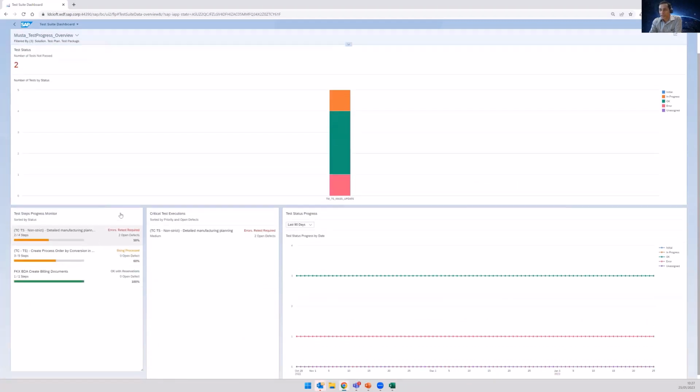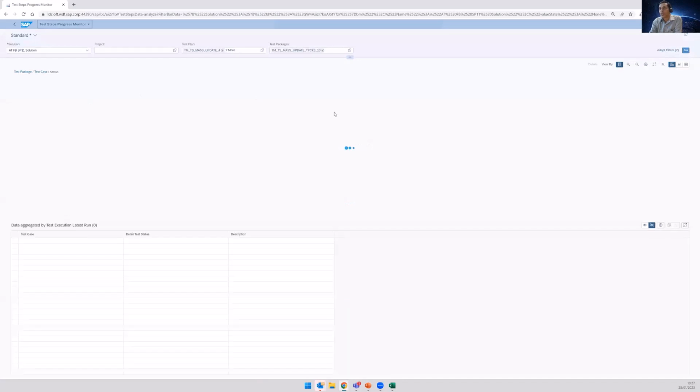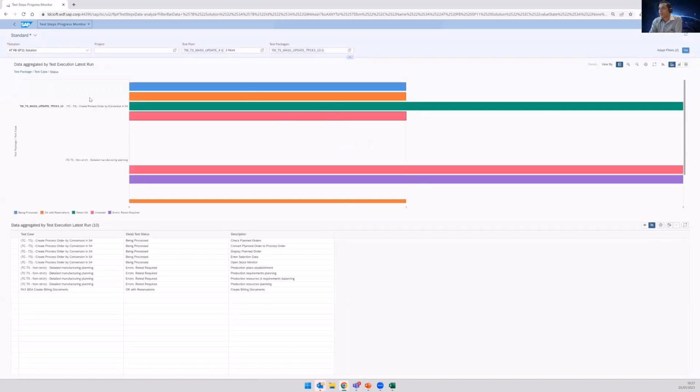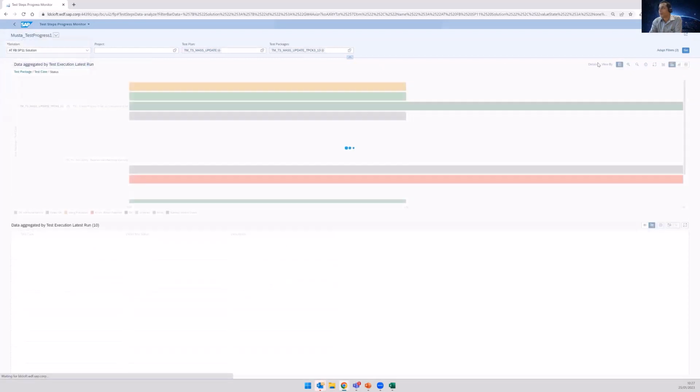So this basically provides you the different test steps that require your action, the number of step progress, the open number of defects that are there, sorted by the priority. You can as well go into the test progress monitor. I have created just a default for you. You can also look into one of the